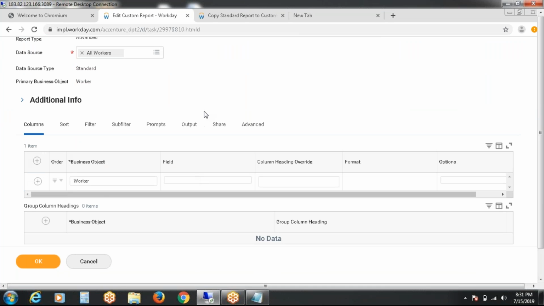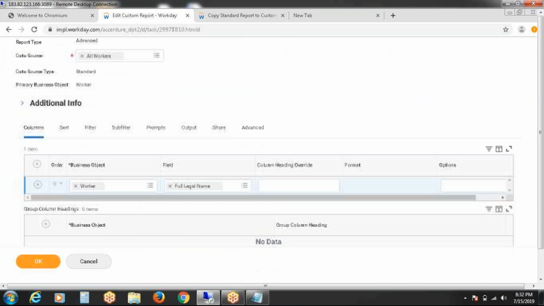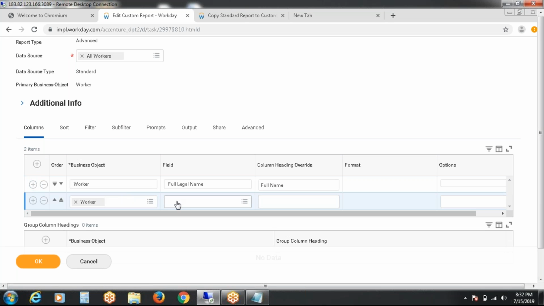See, automatically in the business object, see the extra field here, business object. So automatically it has taken the business object called worker. So I would like to see neither first name nor last name. I would like to see full legal name, I mean the full name, a combination of 2 fields. So full legal name I am going to carry, and for the column heading override I am going to provide full name, and add a row and same.